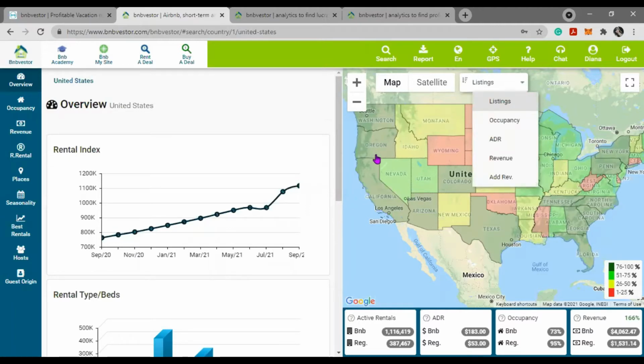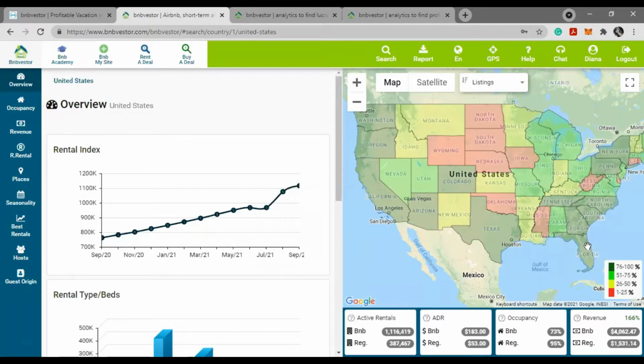Darker green areas have more bed and breakfast type properties, then lighter green, then yellow, and the ones in red have fewer